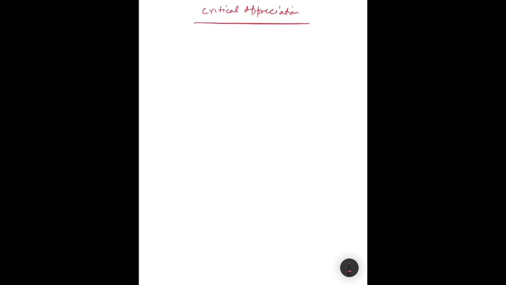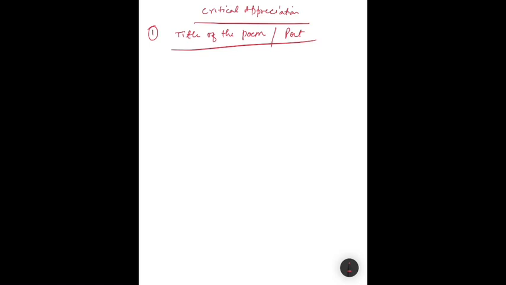and is very significant for the students to know. So if a poem is given to you for writing the critical appreciation, then I think you must be knowing the title of the poem and the poet also. So that has to be kept in mind first, what is the title of the poem and who is the poet. Because that decides the basic idea, the basic content, the basic theme of the text.